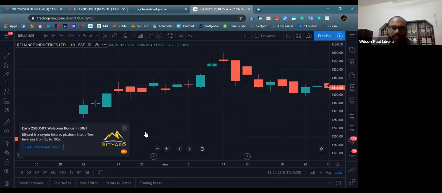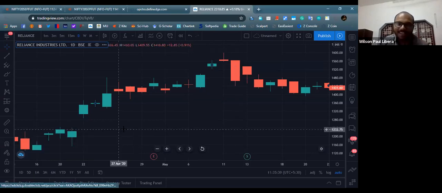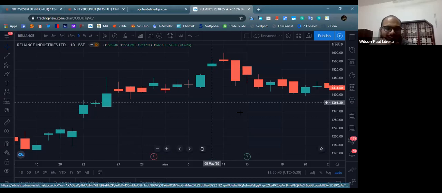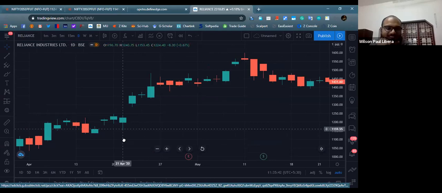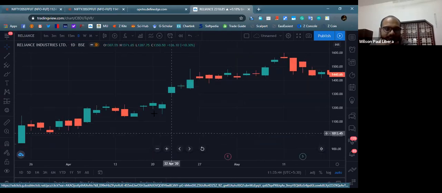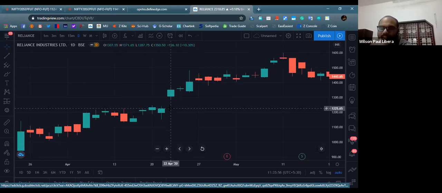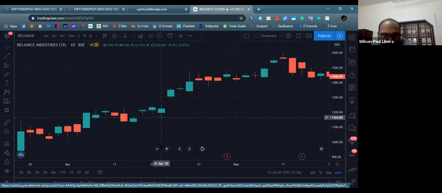Okay, so I hope it is clear how to talk about what happens on a candle. Then there will be a lot of confusing candles. Here you see, whenever there is a gap of opening, it signifies high bullishness. Let's look at this candle on 21st April. The date will be shown here. Whenever I hover my mouse around the candle, you can see the date shown